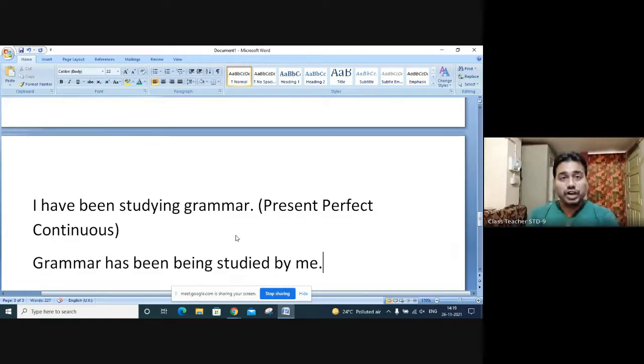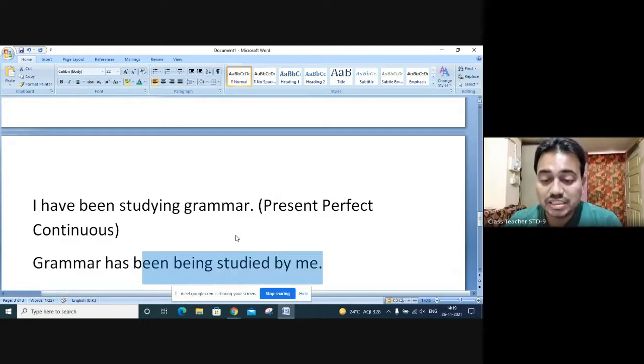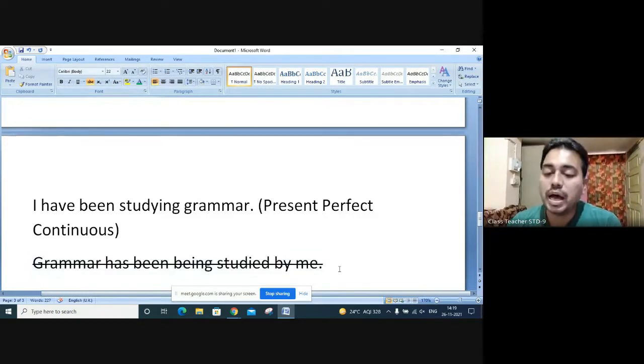According to the rule of transformation from active to passive voice sentence, we transform this sentence using the helping verbs for each tense used in the active voice sentence. But we've reached a very complex sentence. Grammar has been being studied by me. Such a sentence is not recommended. Such passive voice transformations are not recommended. So, similarly, we have exceptions of